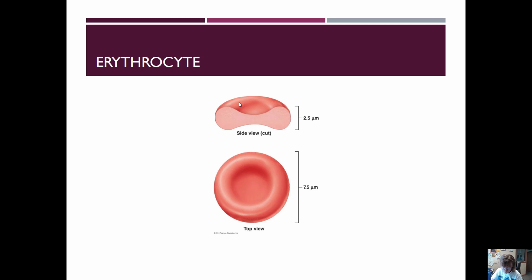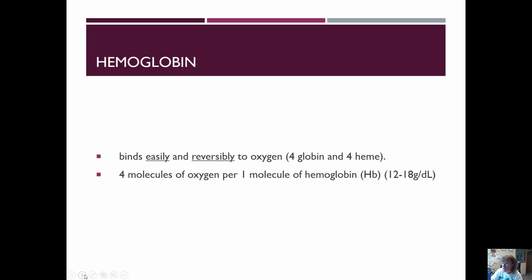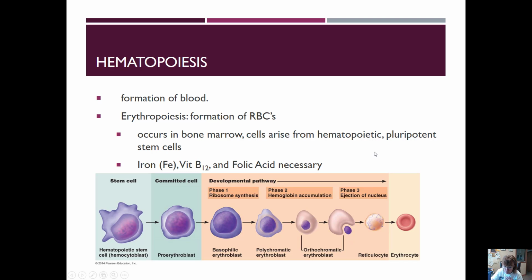Okay, so here are the stages of red blood cell production. We'll come back to hemoglobin. So this is going to occur in the bone marrow, and in our bone marrow we have what are known as hematopoietic pluripotent stem cells, which have the ability to become any of the types of blood cells, not just the red blood cells, but the white blood cells and the platelets as well. In order for hematopoiesis, or specifically erythropoiesis, to occur, you need iron, vitamin B12, and folic acid. And here are the different